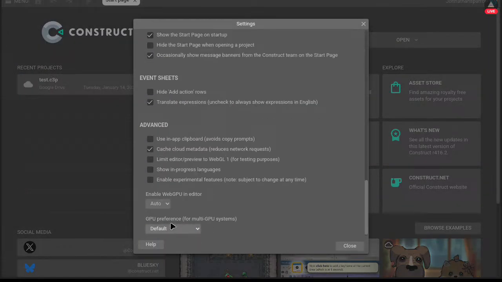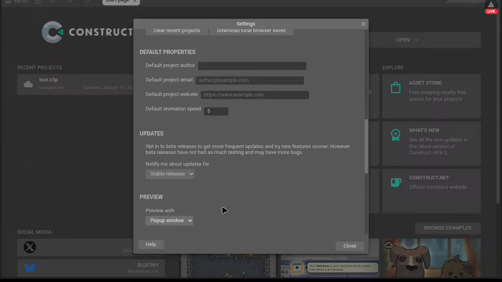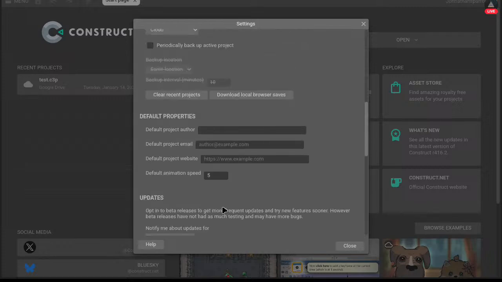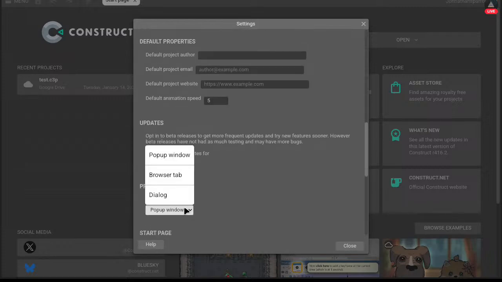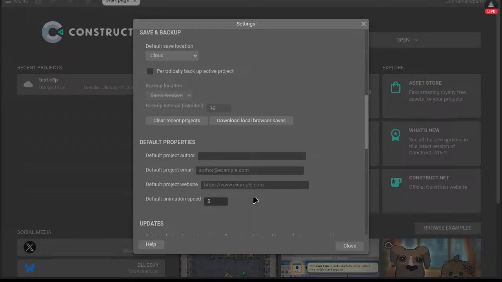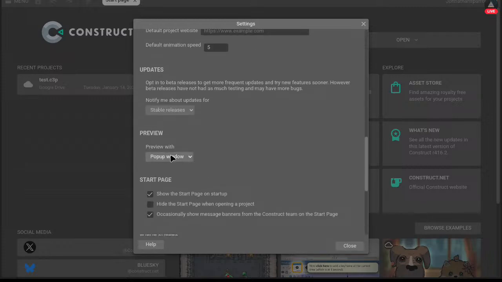There's a setting where you can change the preview.